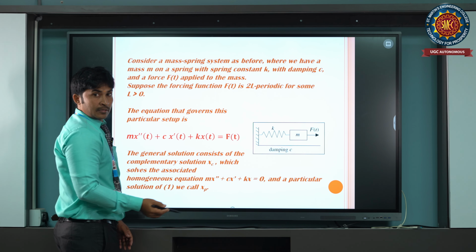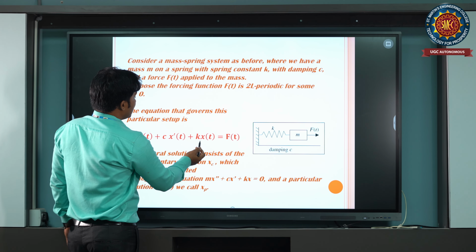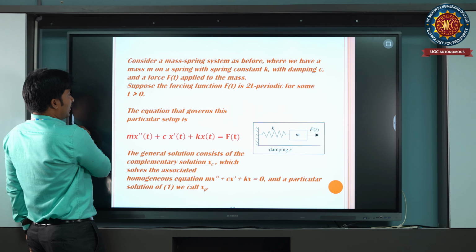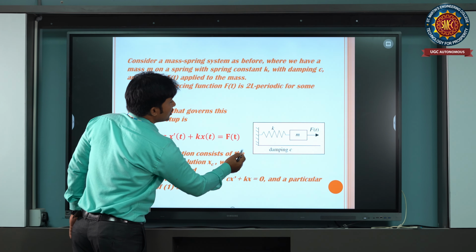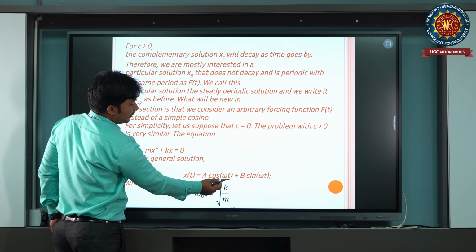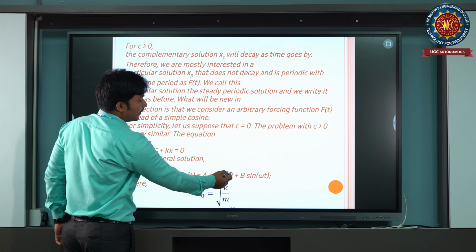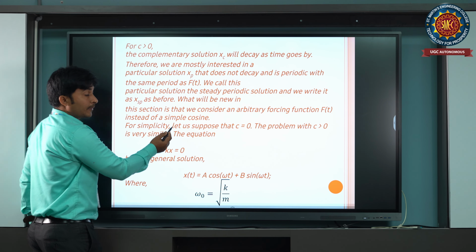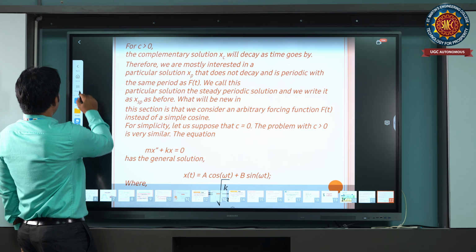plus c into x dash of t plus k into x of t equals f of t. This is the application part, and this is also the main formula: x of t equal to a into cos omega t plus b sin omega t. And next one is